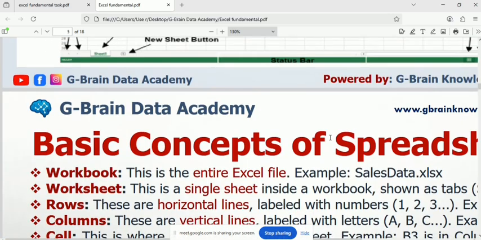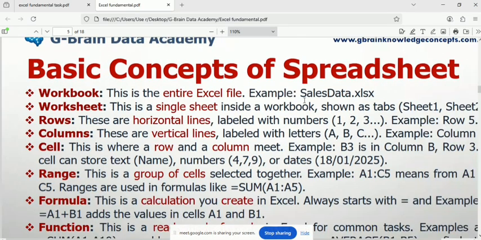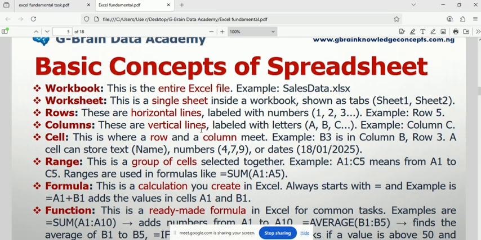So let's look at the basic concepts of a spreadsheet. There are some terms we need to understand, and those terms will help us in this class. We have what we call the workbook. That is an entire Excel file. It's called the workbook, and the file extension is